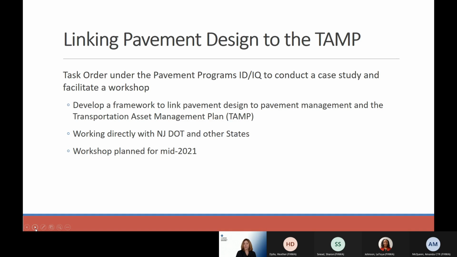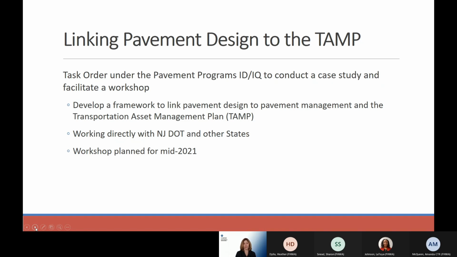So we're working directly, like I said, with New Jersey DOT, but we also included discussions with other states because to develop a generic framework, we recognize that we have rural states and urban states, small states and large states, centralized and decentralized. So we really need a generic framework that can be incorporated into a program, no matter how that state is set up and operates.